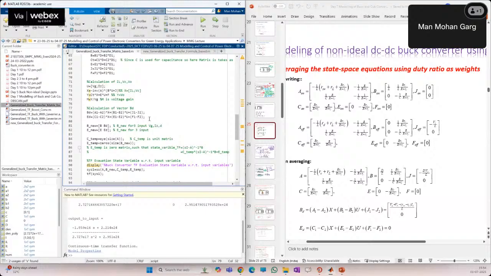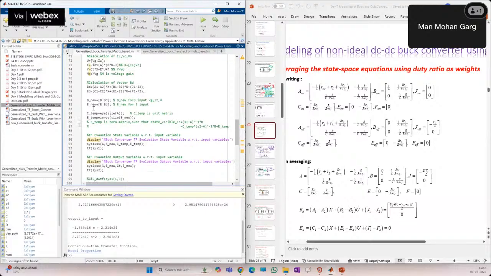Now, as I said, this method which we are going to use for evaluating different transfer functions is based upon the state space way of transfer function evaluation. So in state space, a model is considered X dot equal to